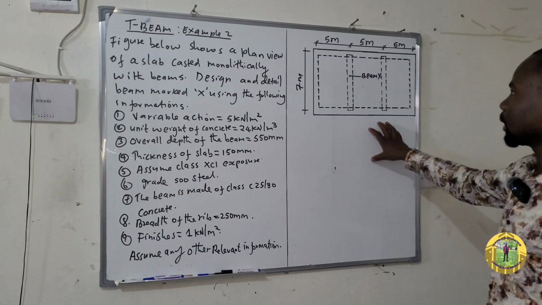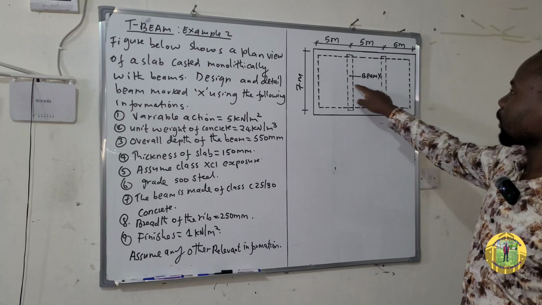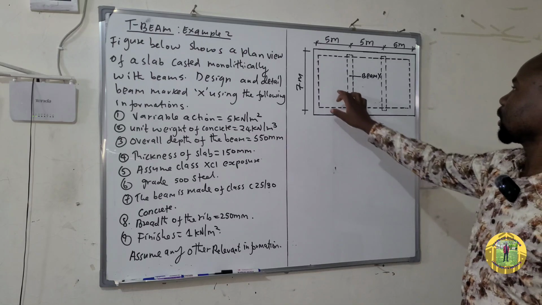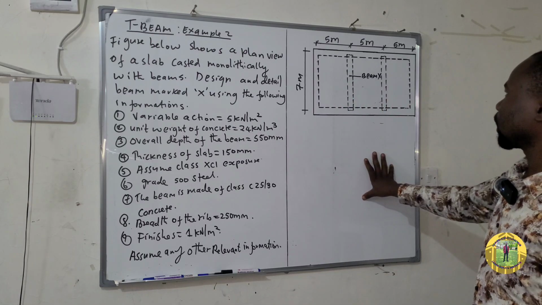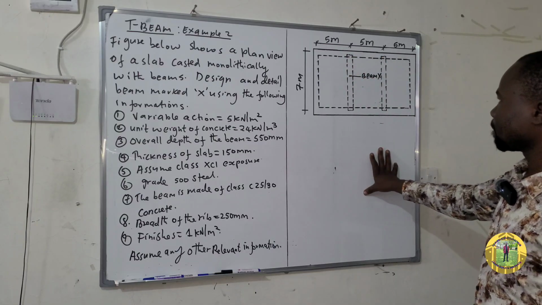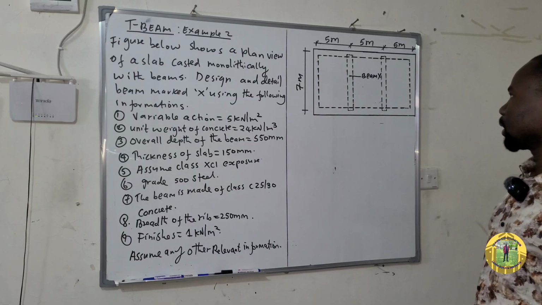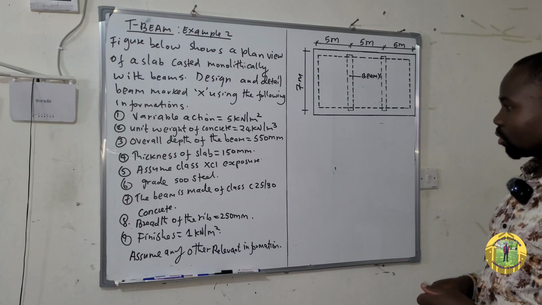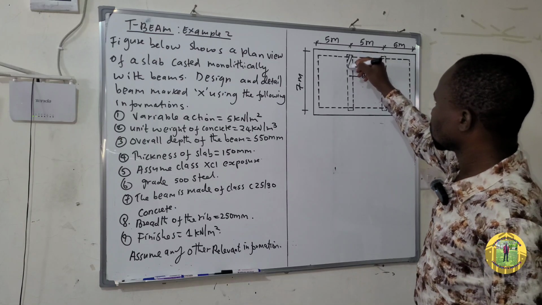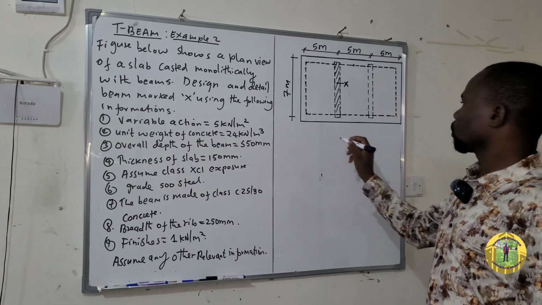So this is the plan, as you can see, and this is beam X. It is a center beam, and as you can see, these are the slabs, and this slab is spaced at 5 meter center to center, and then the span of this beam is 7 meter. So let's see how we can tackle or design this beam X. So this is beam X. So solution,